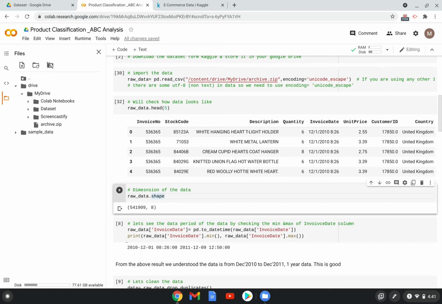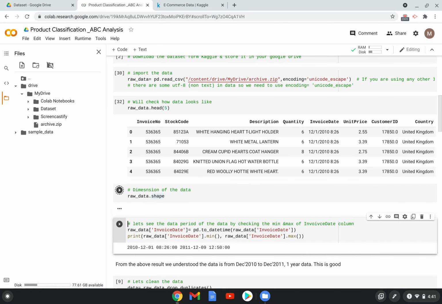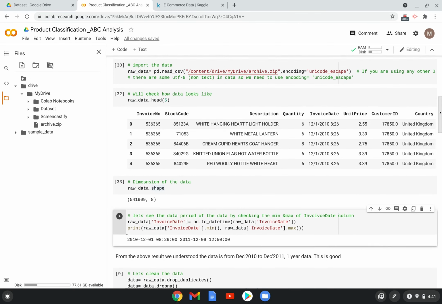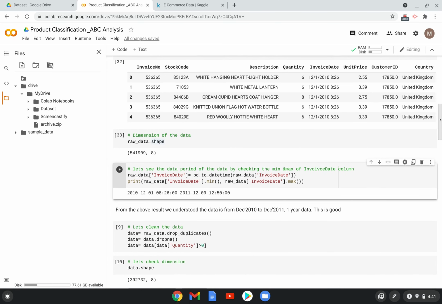Columns we can easily count. There are just 8 columns here, and rows we cannot count by looking at this. So let's call the shape method and see how many rows are there. There are around 541,909 rows and 8 columns. So that is great. Let's do some data cleaning activities.